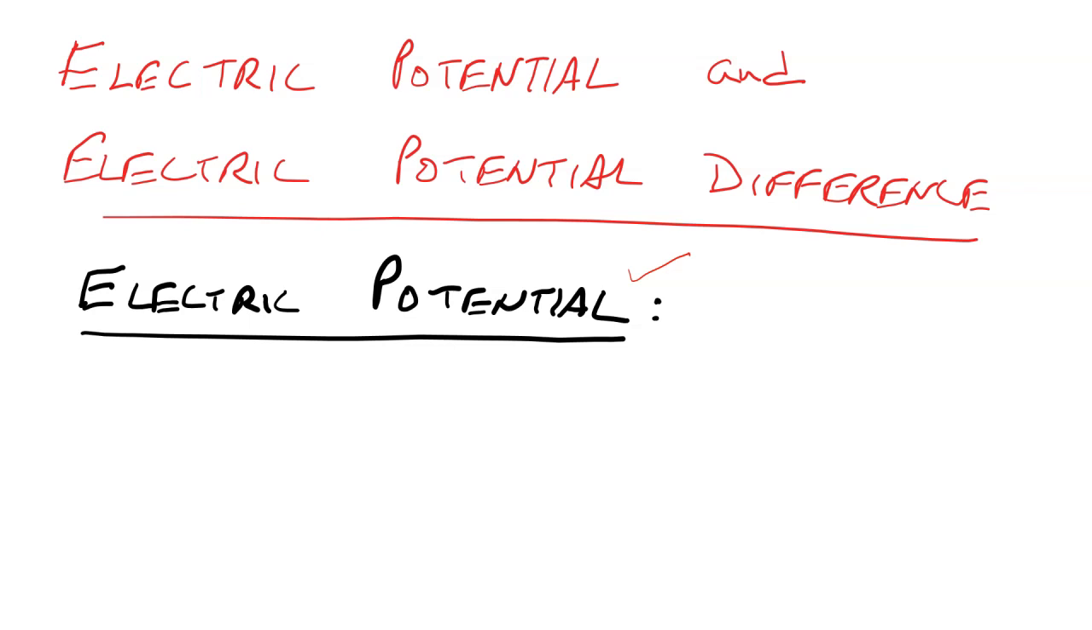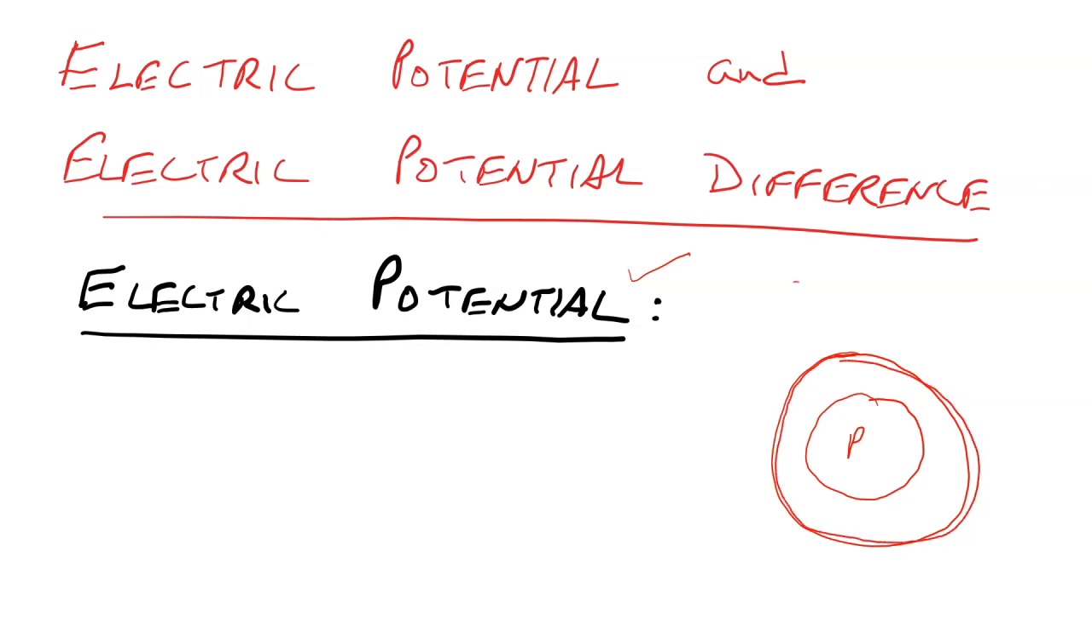Suppose here is a point P, and this point P is placed in an electric field. Suppose the range of the electric field is till here. It means that this electric field cannot influence any other charge outside this range, outside this circle. Now, suppose here is placed a test charge plus Q, and if we want to move this charge from here to this point, we have